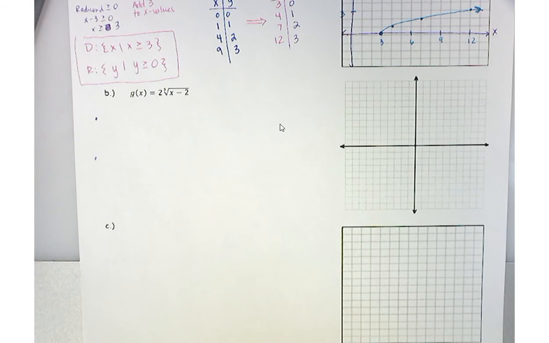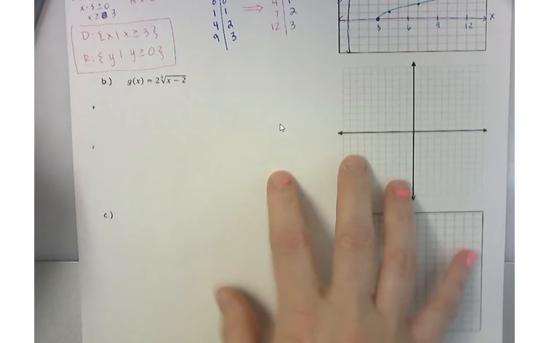Let's do it again. Once you've checked your transformation, go ahead and graph it. All right, so Macy, tell me what one of your transformations was. I said a horizontal translation 2 units to the right. Good. Okay, so horizontal translation 2 units to the right. Okay, and then Cole, what was the other one? Vertical stretch by a factor of 2. Good. Vertical stretch by a factor